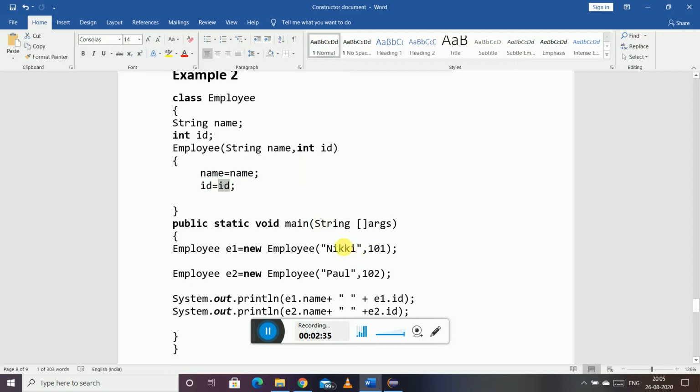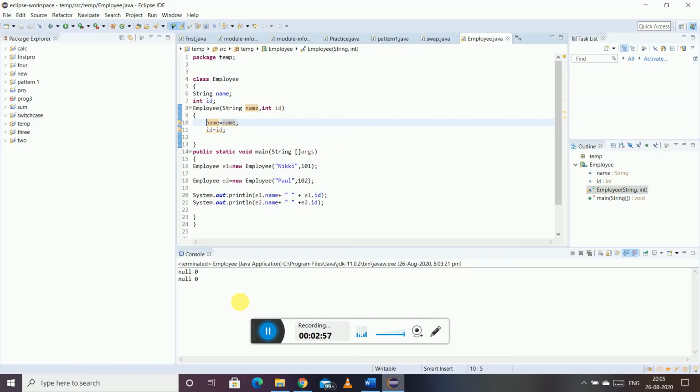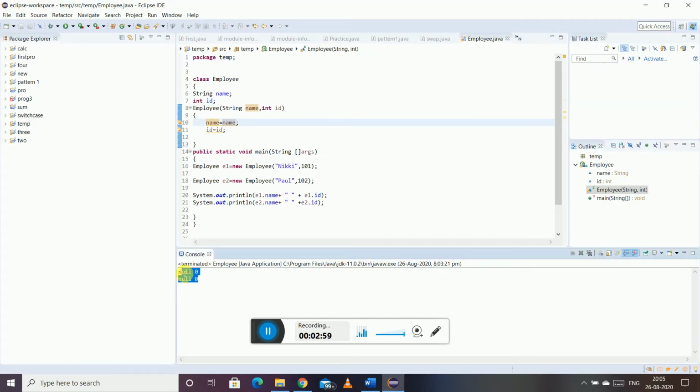That is, they do get these values, but when the control is going inside the constructor, the parameters name and id have their values overwritten with the values of the instance variables name and id, and that is the reason why we are getting null and 0 as output when we are not putting this keyword.